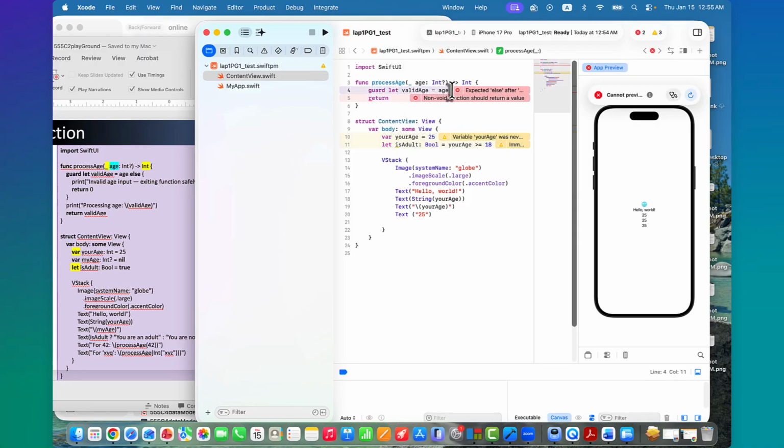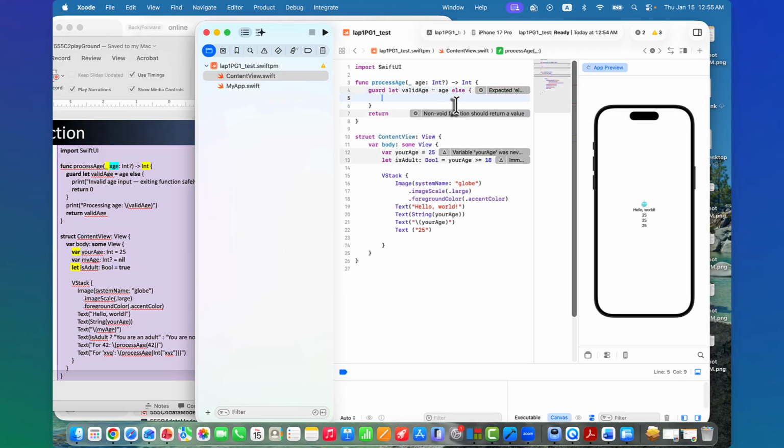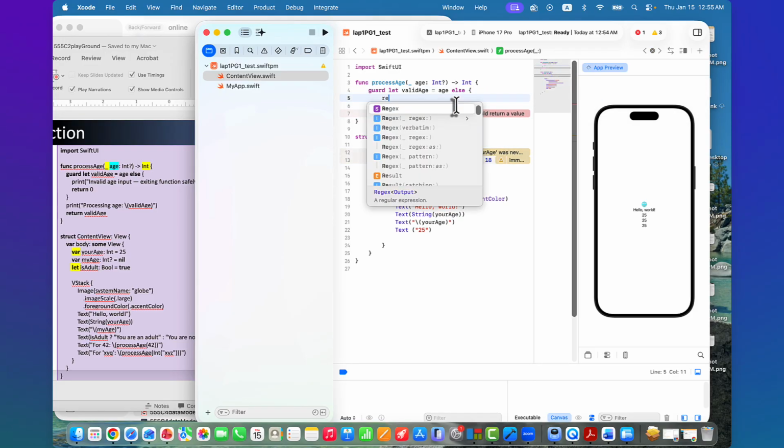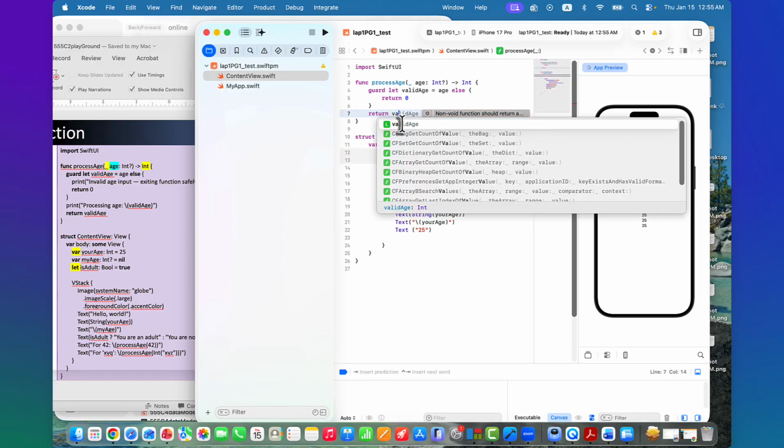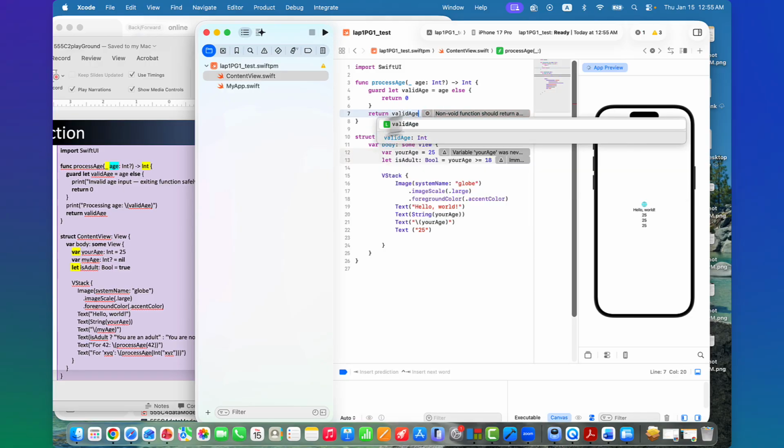Guard is not really exception handling. If this declaration, this assignment is okay, that assignment valid, then we keep going, which means return. Other than that, we put here else. If it is not working, then we need to do some of the else part. In this case, we need to return 0. In this case, return validAge.